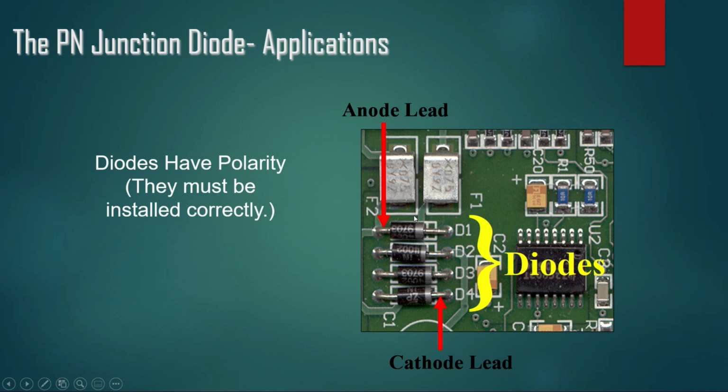This is a snapshot of a circuit. It may be on a motherboard or a battery charger or any other circuit. Here you can see 4 diodes connected together, D1, D2, D3, D4. We have to always remember that we connect from anode to cathode. The anode is the left side, P type, and the cathode is negative, N type. This is very important to remember. Like this we have to connect them in the circuit.